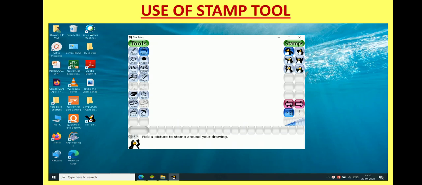Right and left arrow you can use to go through your stamp. By default, I have these 6 stamps available. So whichever stamp you like to put in your drawing, you can click on that and bring it to your canvas.